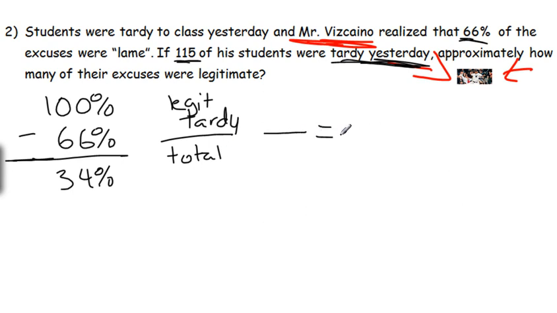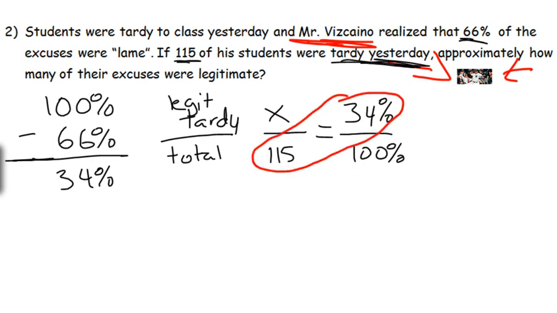Set this up. We have 34% of the kids who are legitimately tardy out of 100% total. We know there are 115 tardy kids. We want to know how many of those are legit. So we can cross multiply,